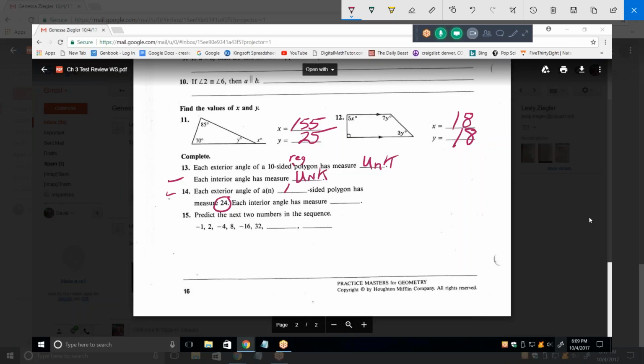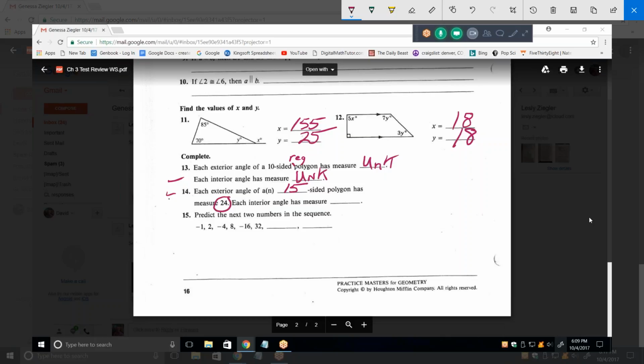Right? Yes, 15. Now you see why? In other words, if we had a 15-sided polygon, each exterior angle would be very tiny. It'd be like 24, and there would be 15 of them. 15 times 24 would be 360. So that's what we did in that previous problem with the table, is we always took 360 and